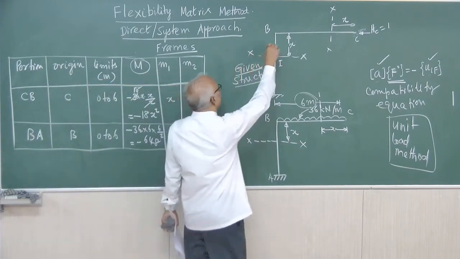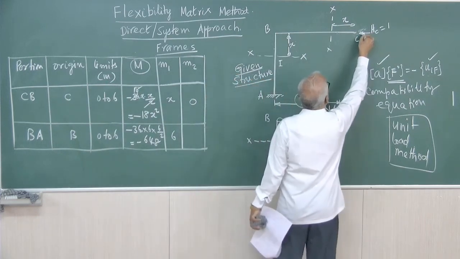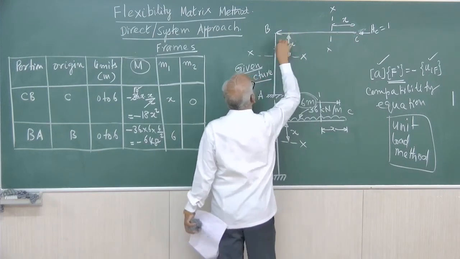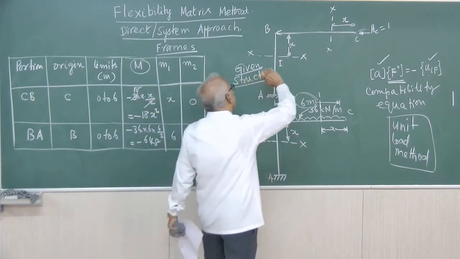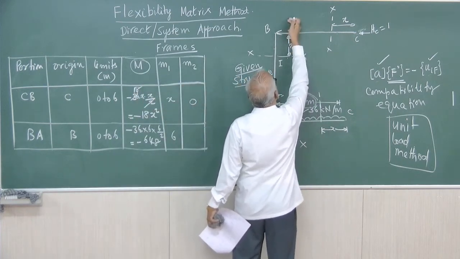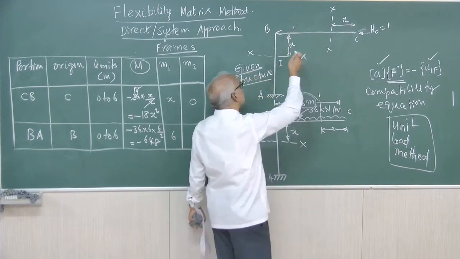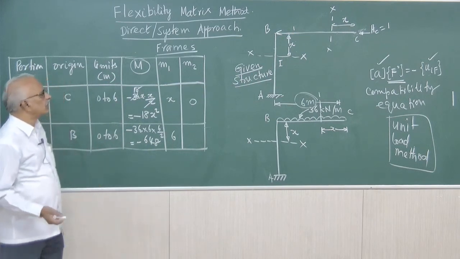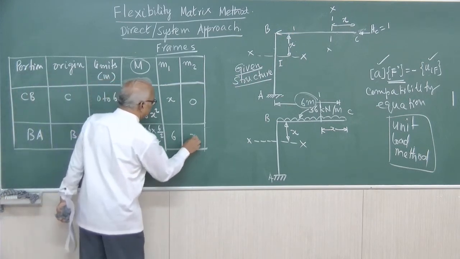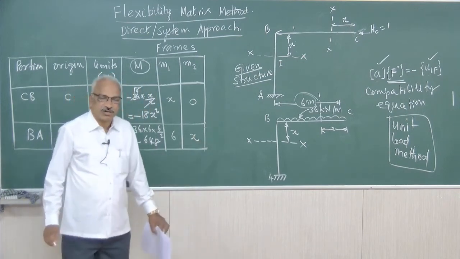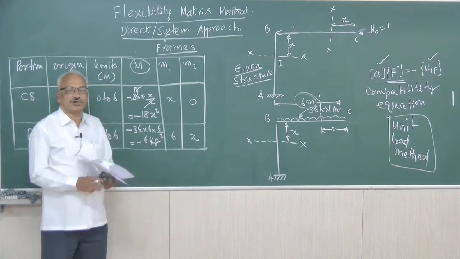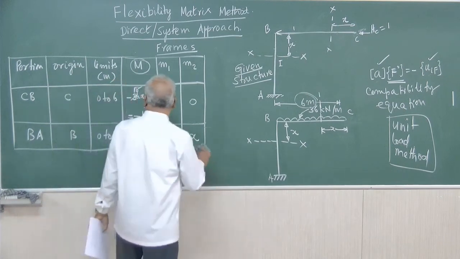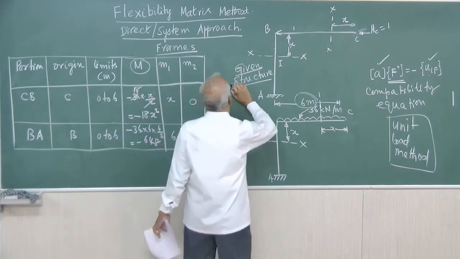Now coming to BA, this is a horizontal force, so horizontal force into vertical distance. Now it is to the right of the section. To the right of the section, this 1 into x is anticlockwise. We know anticlockwise is positive. Therefore, 1 into x, so this value equals x. So this tabulation will have to be clearly understood: what is M, what is M1, what is M2, how to apply the load and how to calculate the value. If it is properly done, the calculations will be easier.